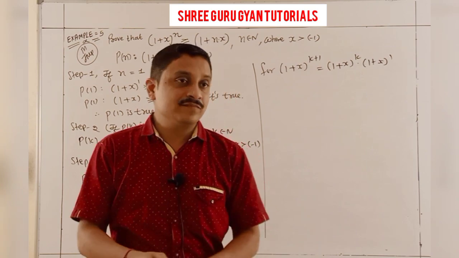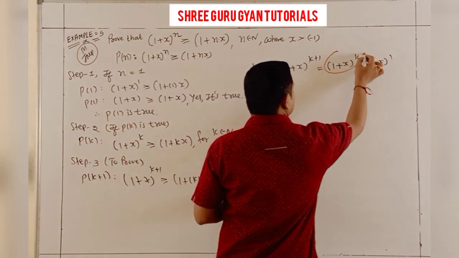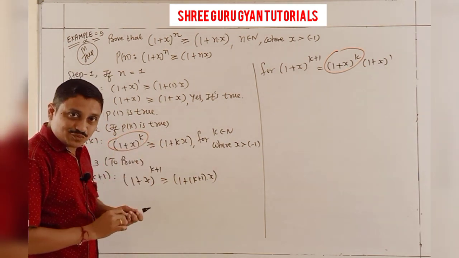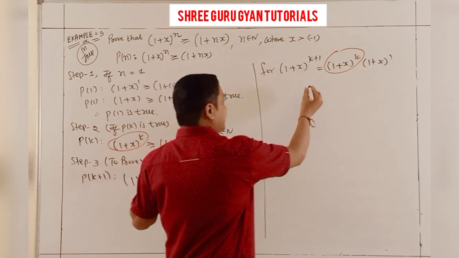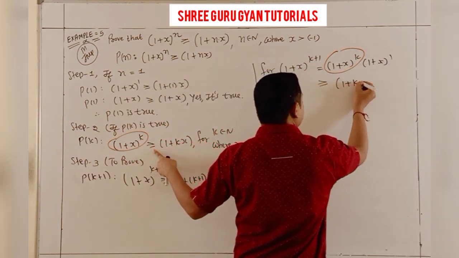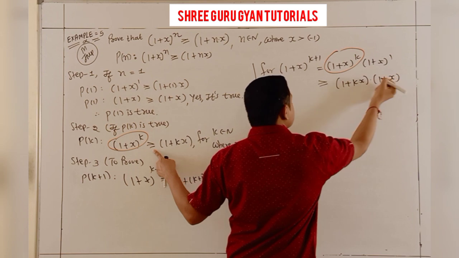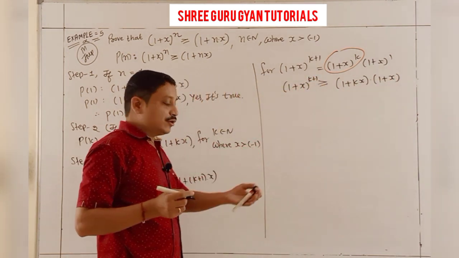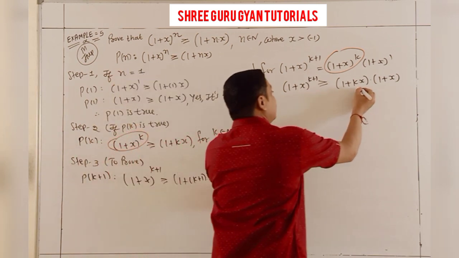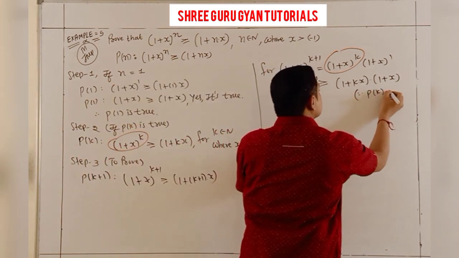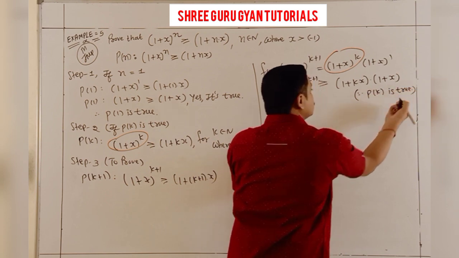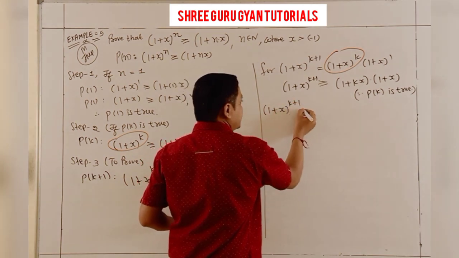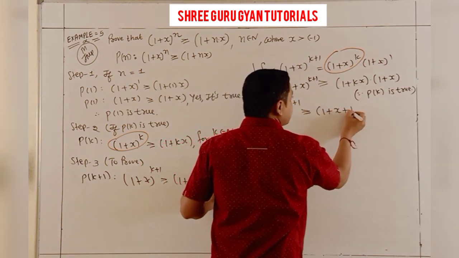Now students, this value is already written here from my step 2, so greater than or equal to, here I just mention 1 plus kx. The other is the same, and here also the same. Now we are going to greater than or equal to, and mention here because P(k) is true. So 1 plus x raised to k plus 1 is greater than or equal to 1 plus x plus kx